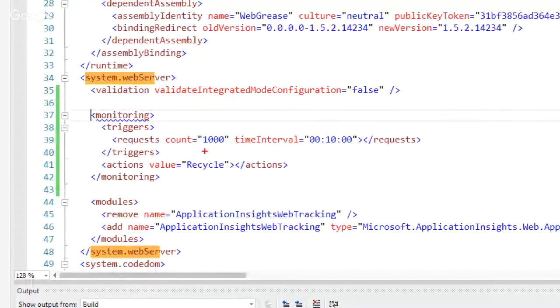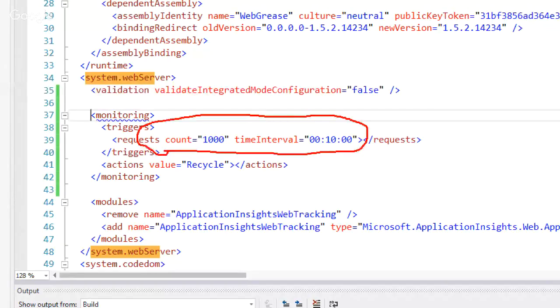If you take a look at this correctly, what happens here is if the response time is more than 10 minutes, I will do a recycle, because as you can see here, if the count is more than 1,000, and this is the threshold, if it takes more than this amount of time to respond, I am going to recycle the pool. And this is what is meant by auto recovering.